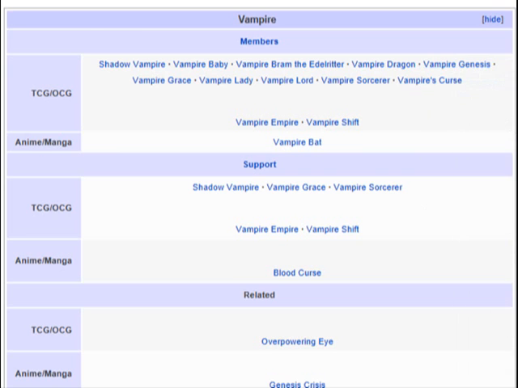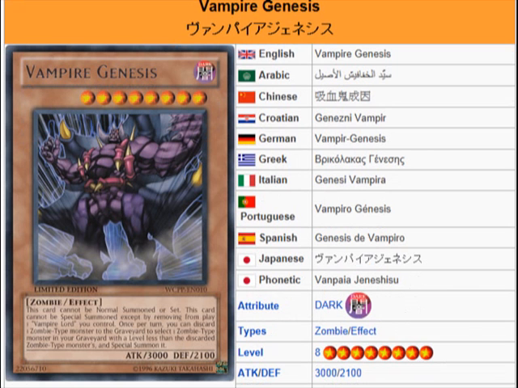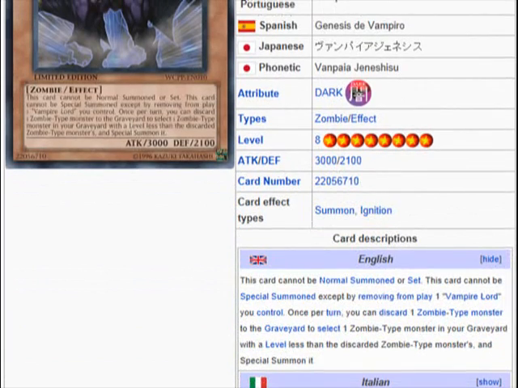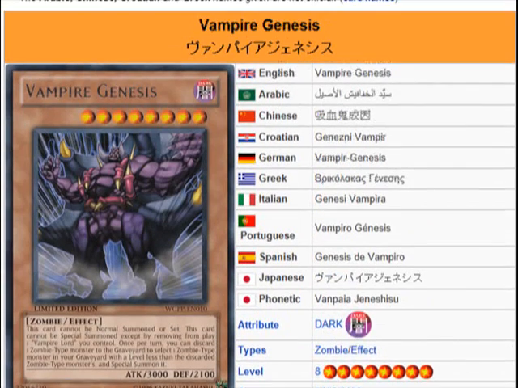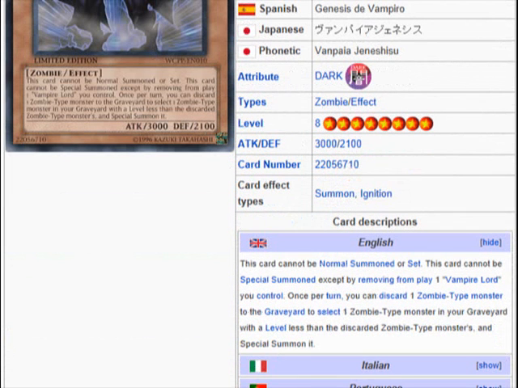So next up, Vampire Genesis, who, in my opinion, was the original vampire boss monster. Though some people may say there was Vampire Lord or whatever. No, this was the original boss monster for the vampires. Don't get it twisted. He's a level 8, attack 3000, defense 2100,